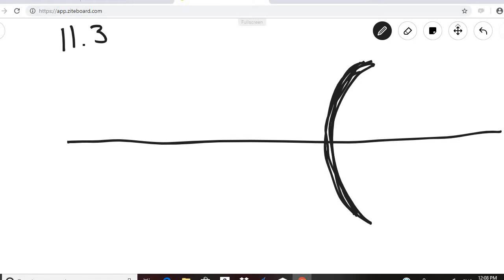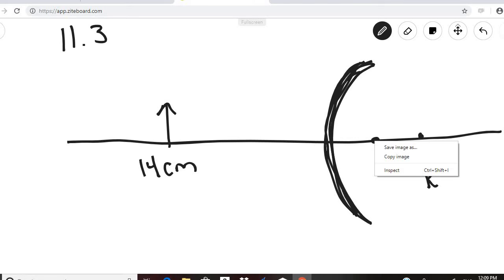Okay, so example 7.3 says that you're placing an object 14 centimeters away from a convex spherical mirror. So our object is going to be 14 centimeters away. And then we are told that the radius of curvature is 10 centimeters. So this would be our 10 centimeters. And so the focal point would be half of that distance. So that's f at 5 centimeters. Okay,